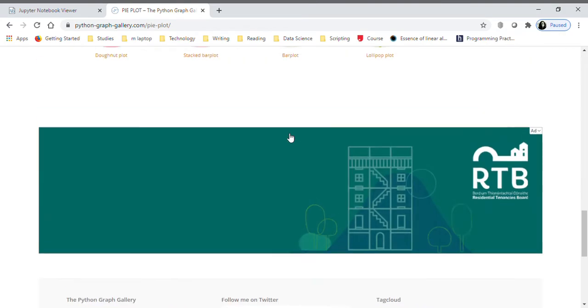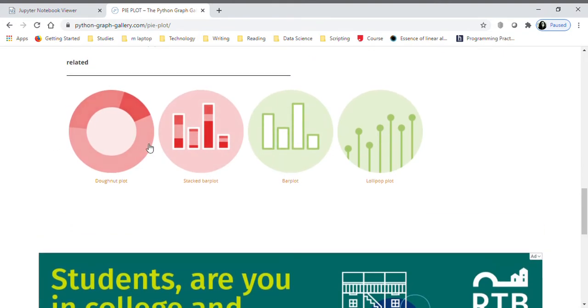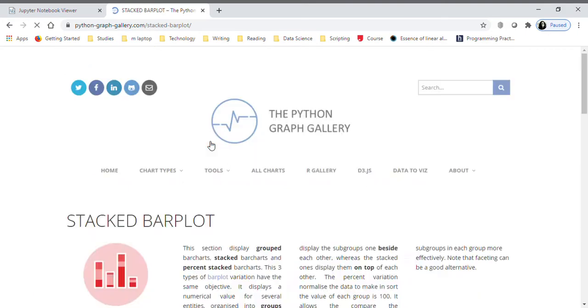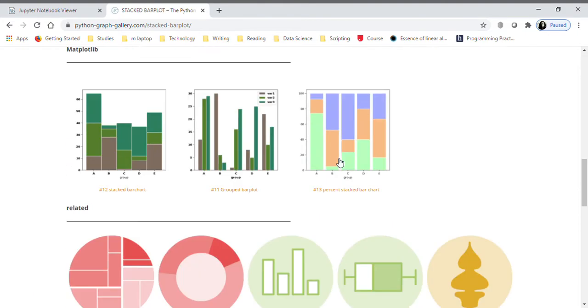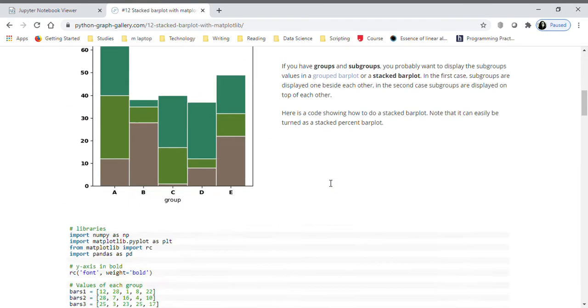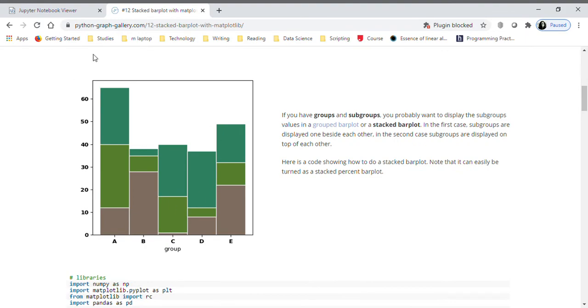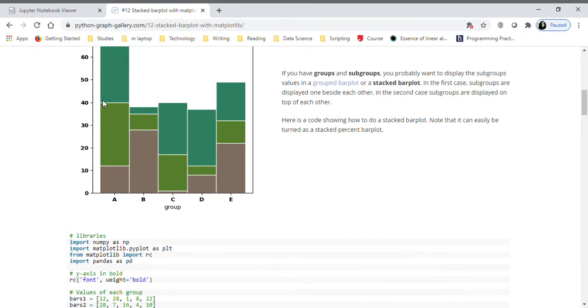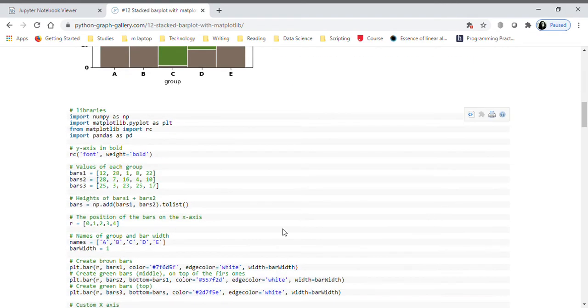Not sure about this one, but for the stacked bar plot I just clicked on this one. So this is how it was showing on the home page, and when I clicked on it, there's the final result and there's the code for the visualization.